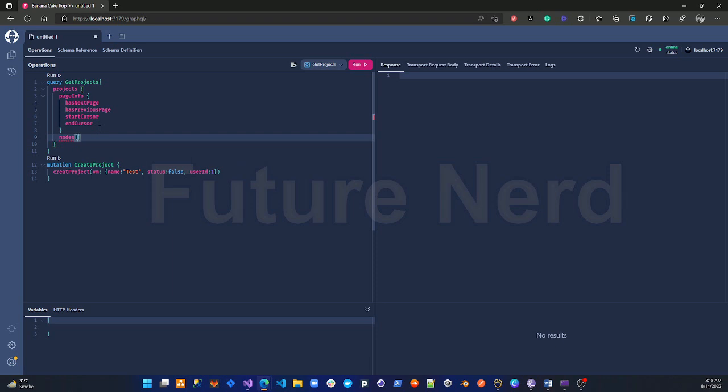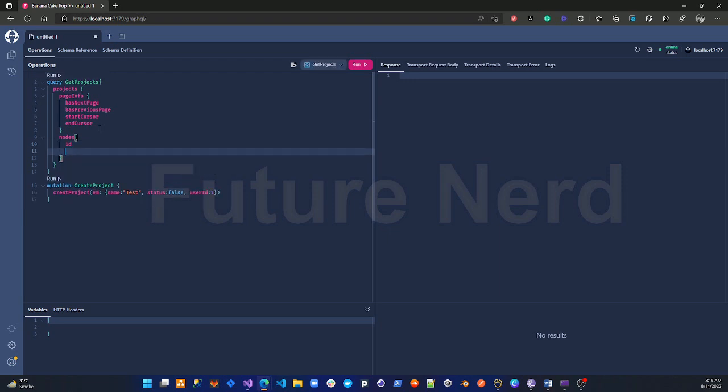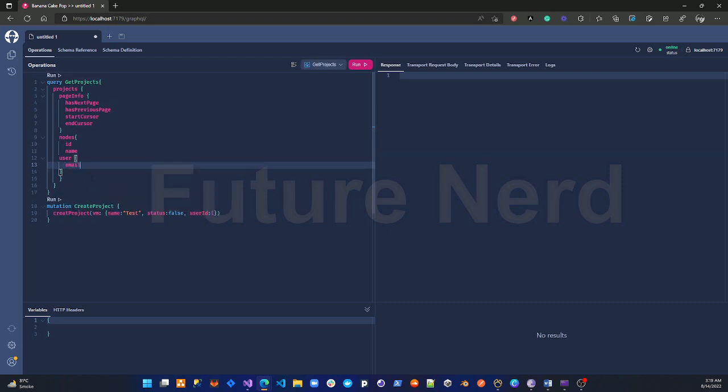In nodes, I would have the project ID, user ID, name of the project, status of the project, tasks in the project. And you can see that if I write the ID here and then the name of the project here and then user, I want to get the user information as well,